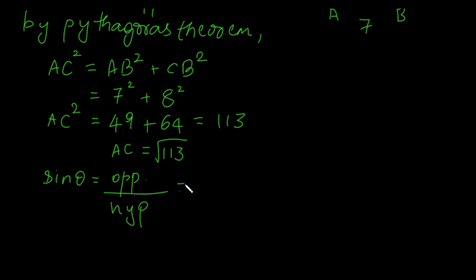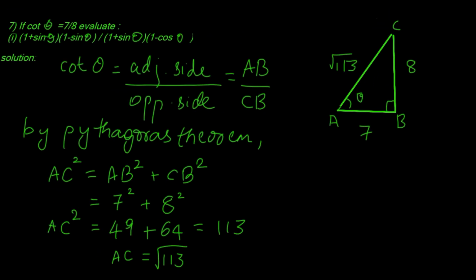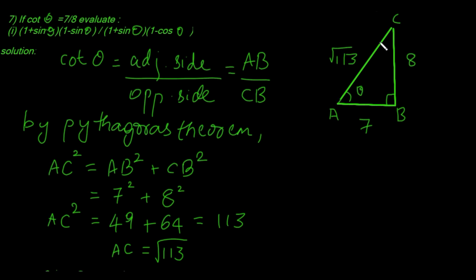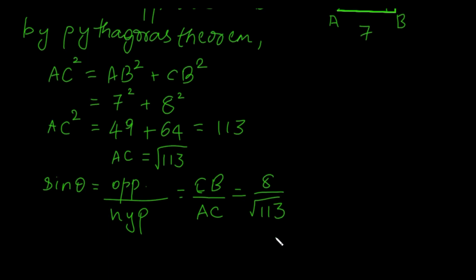So the opposite side in the figure with respect to theta is CB, and the hypotenuse with respect to angle B is AC. So that is going to be CB divided by AC, which is equal to 8 divided by root 113. So for cos theta, it's going to be